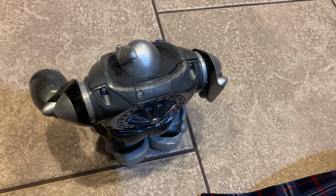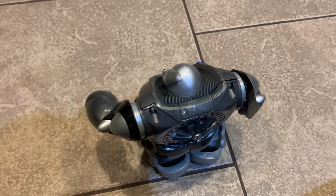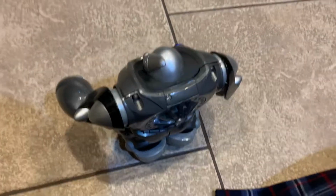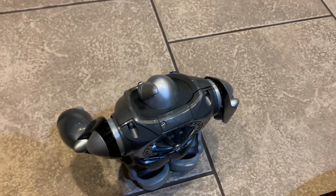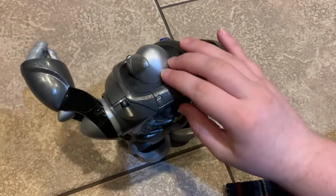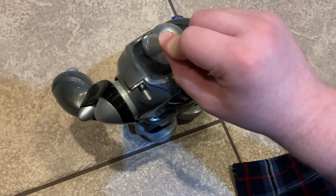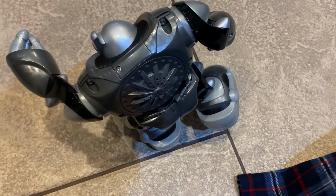I think it's sound sensitive as well. No? Maybe I just wasn't being too still in front of the sensor when I was doing it. Let's see. Security alert! Intruder detected! Okay, that must be a good sensor, because I kind of put my hand over it, not even in front of it, and it still recognized it. Security alert! Intruder detected! No way. There must be more to that one dot on the front. This whole antenna piece must be a sensor because, security alert! Yeah, I think it is. I don't know how, but I just kind of put my hand behind it and...